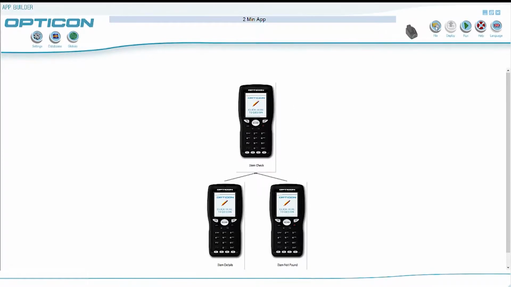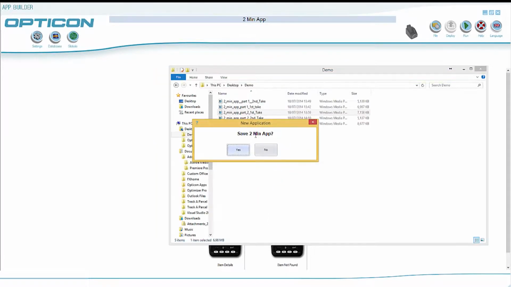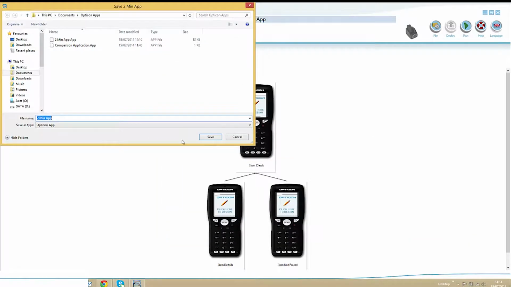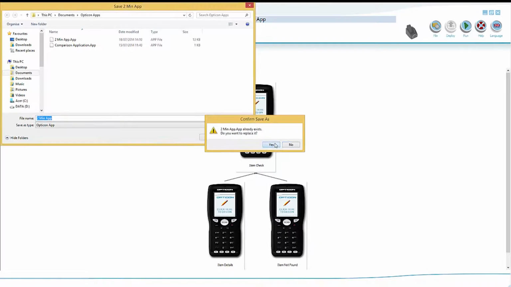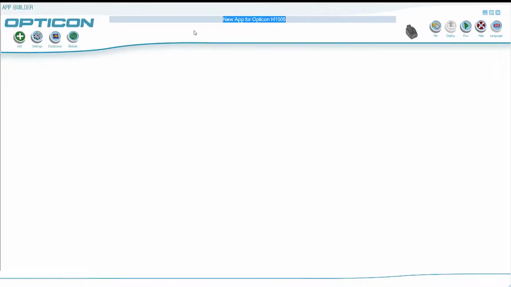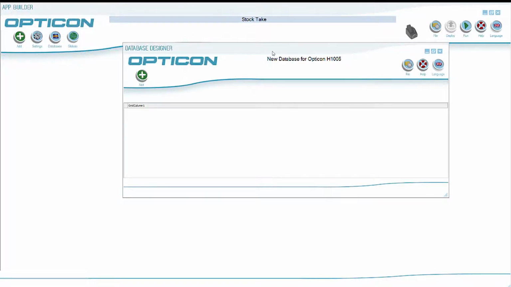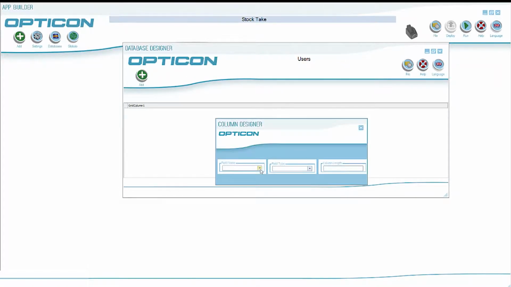Now we are going to create an application that's a little more complex by selecting New App. In case you haven't saved it, you can always resave your application. And this one we are going to call Stock Take. First thing we want to do in Stock Take is we want to add another database. This time we want the database to be called Users. We're going to add a couple of fields, one called barcode, one we call username,